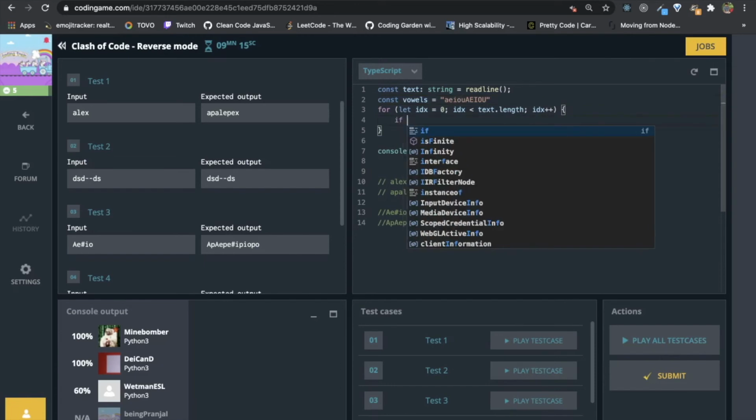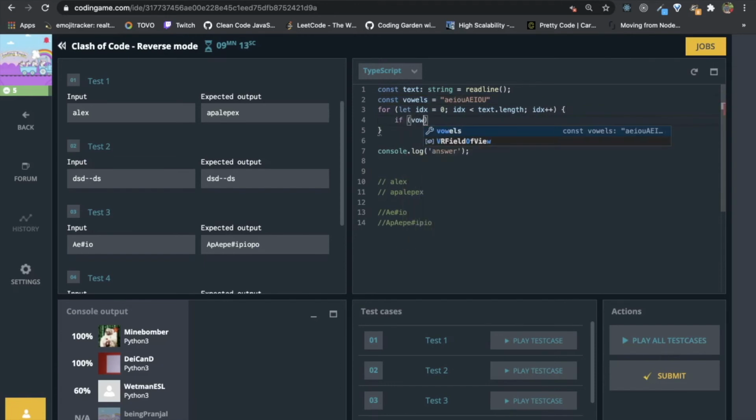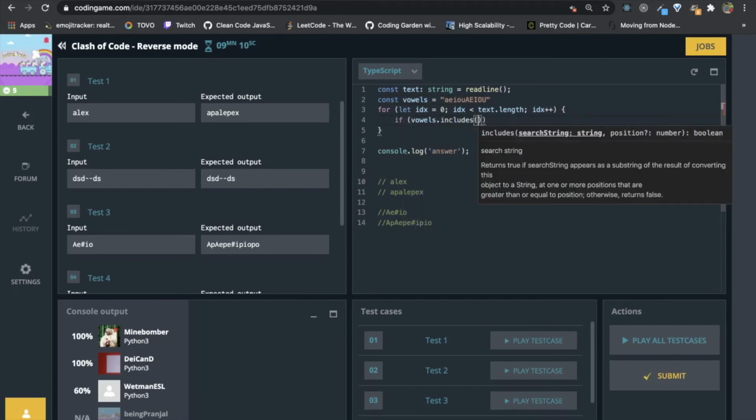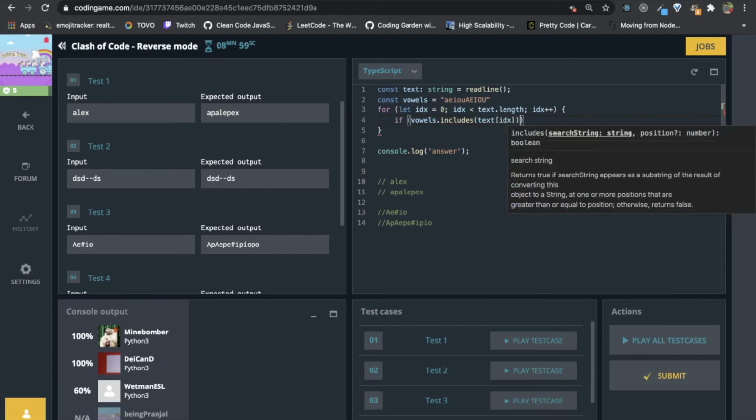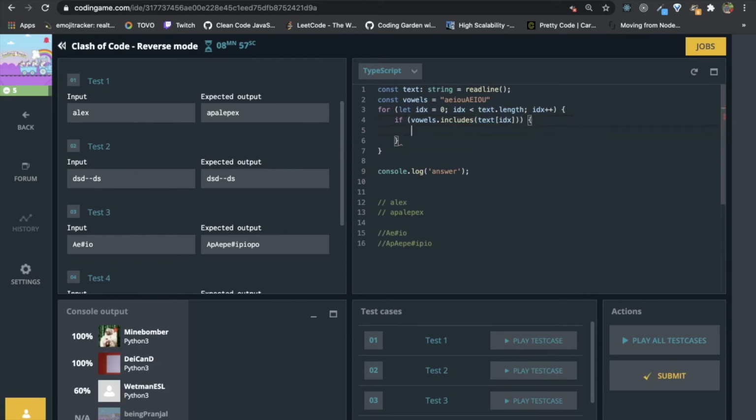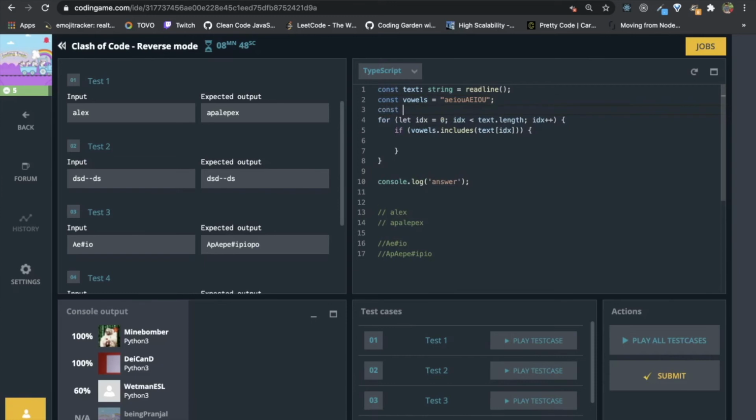So if vowels includes the text at index, we need to create our answer.